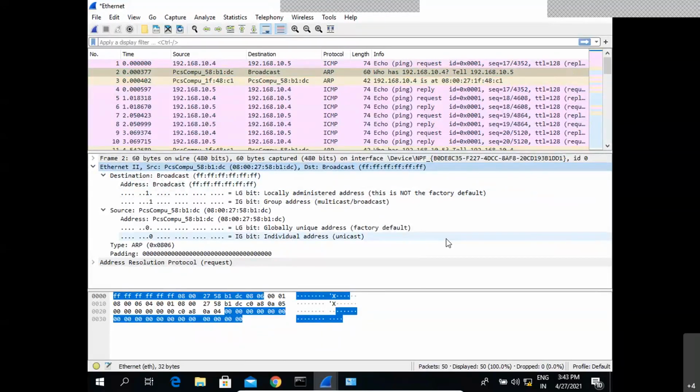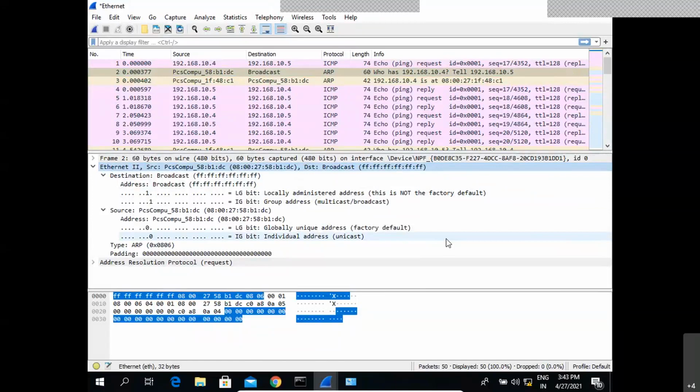What is the broadcast address? It is all Fs. So all the destination MAC address bits will be set to 1 because I don't know where this communication has to be sent on the network.